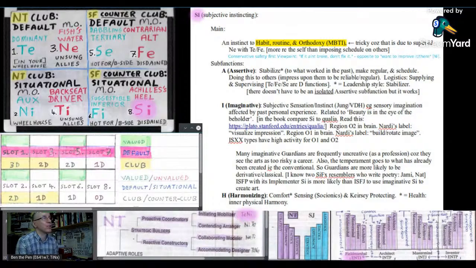And so you see those slots there with slot 8. It's not a club function. It's not an NT function. It's not an extroverted function. It's not a default function. And it's not a valued function. So it's definitely the weakest function in the NTJ. Now, to a certain extent, you could almost say it's binary as well, where ENTJ, if they have a bit of a problem in this area, they can overcompensate and become a bit of a health freak. So all or nothing, a binary sense to it.